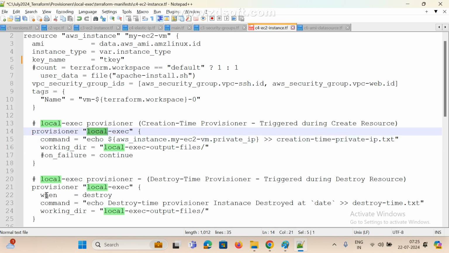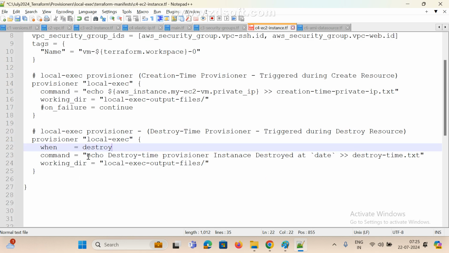For example, if I use when destroy, meaning if I use the terraform destroy command and it is destroying the instance, I want to print something. What are they printing? See here, command echo destroy time provisioning date. Date means